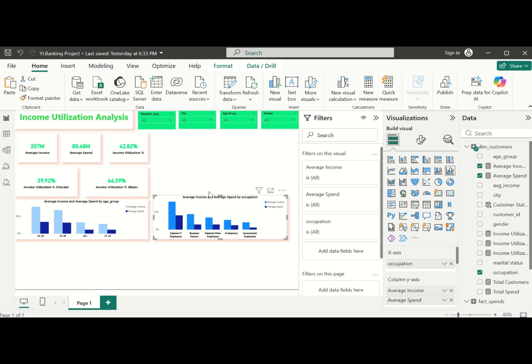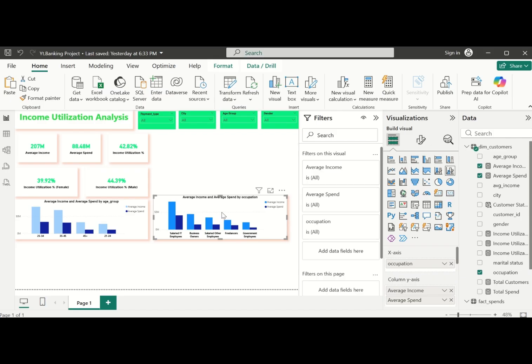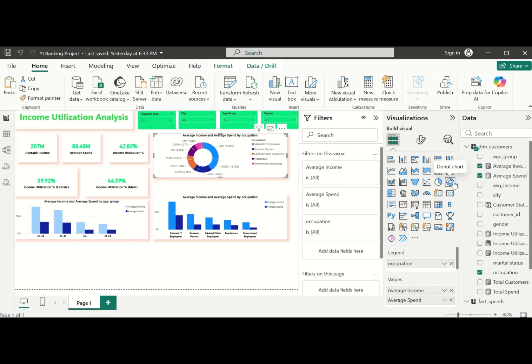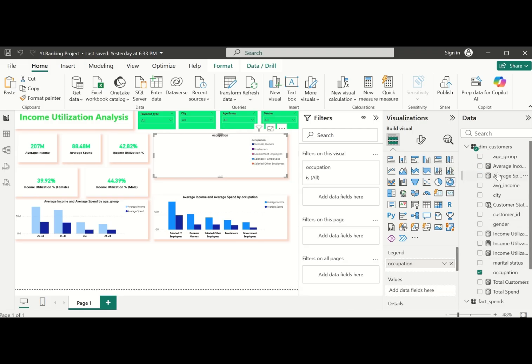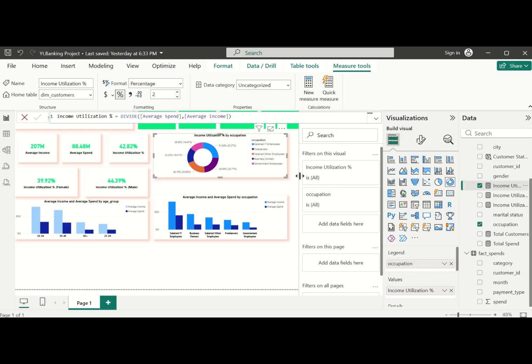So we're going to copy, just copy, and you paste. But this time round we are visualizing a donut chart for occupation and income utilization. So I'm going to remove this, and then we bring the income utilization. Yeah, so we have the donut chart for income